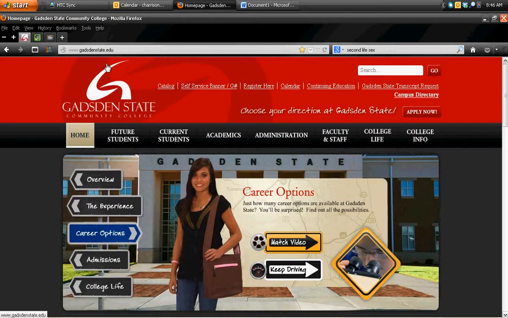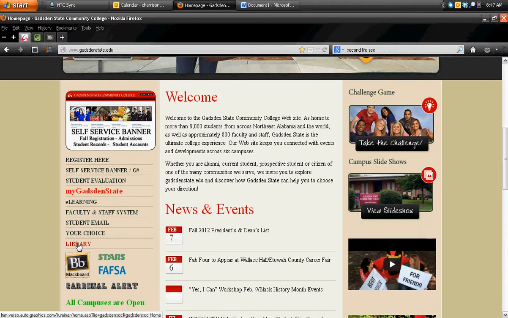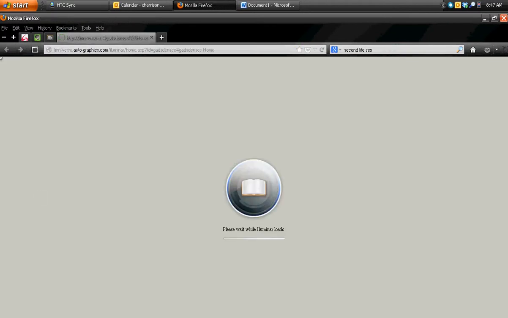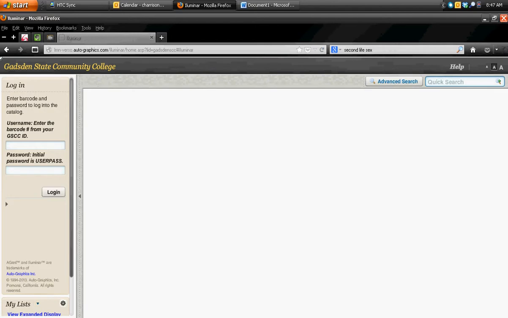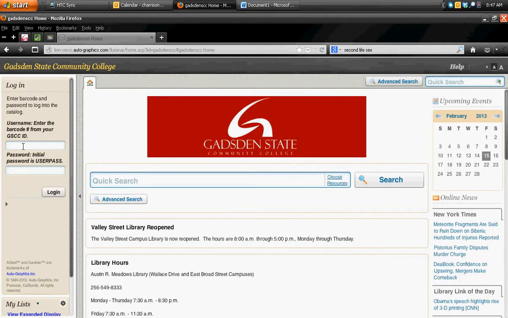If you notice here, I'm on the Gadsden State homepage. If your computer does not show this piece right here, this bit of information, then you need to install Flash on your device, or if you are on an Apple device, you need to download an app called Puffin that allows you to view Flash. If you can't view Flash, you can't use the library webpage. So make sure that that's there and that you can use it. So let's scroll down, click to the library page, and this will pop up here in just a moment. Now, the library webpage asks you to log in. This is really good because it can save your searches.